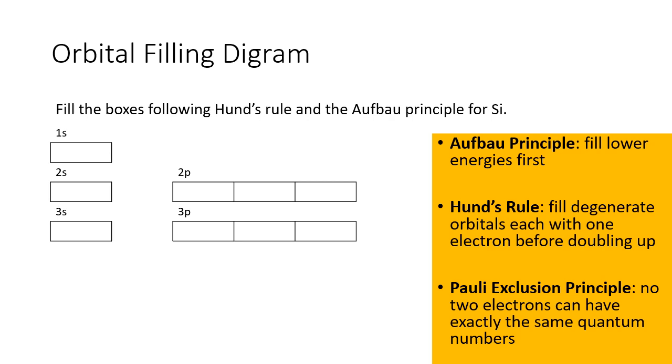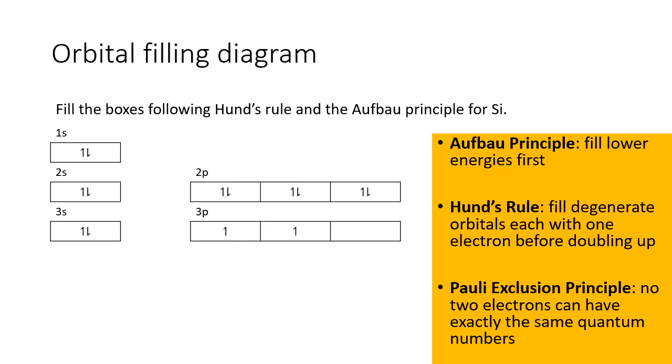And the second thing is, by convention, we always start with spin up when we're filling. So I want you to go ahead and try to do this on a piece of paper. We're going to show the answer next. All right, so when we filled in our boxes, we did 1s2, 2s2, 2p6, because we're going